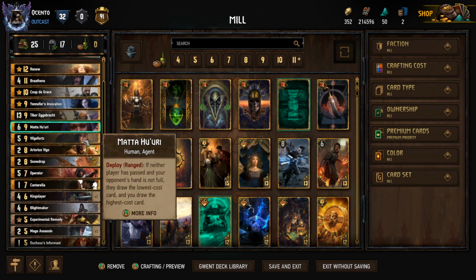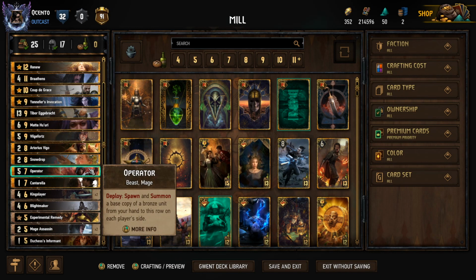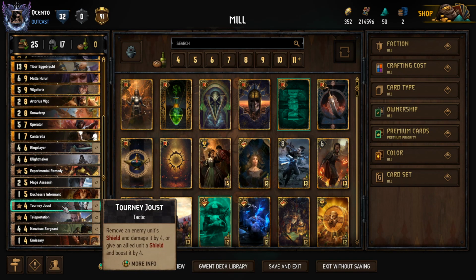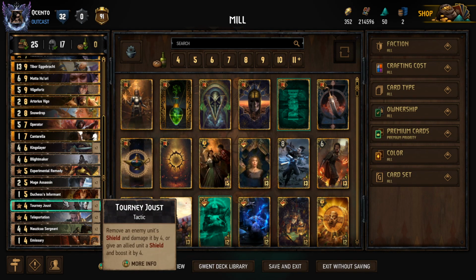So to go over the strategy here, this deck has Curse Scroll, so we can draw a card of choice. There's a lot of cards we need to make things work, so we have this in round 1. Now, more often than not, we're going to be pulling into the Operator so that we can make a copy of the Kingslayer, so that we can then go make additional copies of the Kingslayer with things like the Duchess Informant,